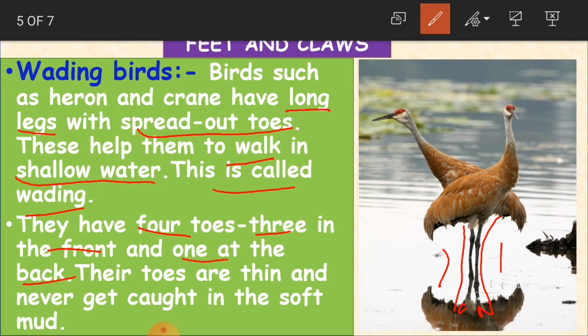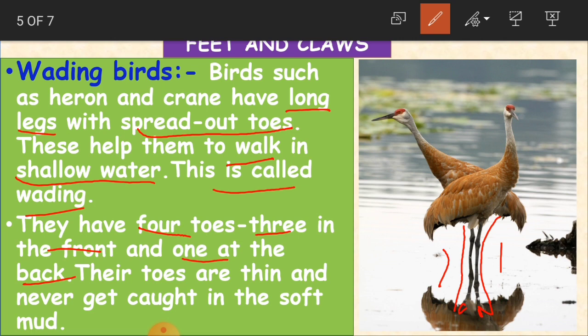So their toes are thin and never get caught in the soft mud. Even though they are walking in water, the mud will be very soft and slippery, like you might have seen clay. No children, it is very sticky and slippery.